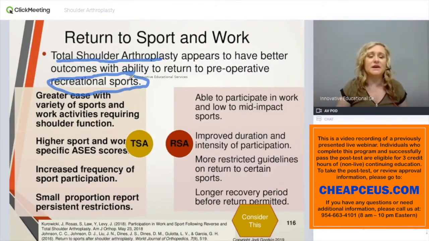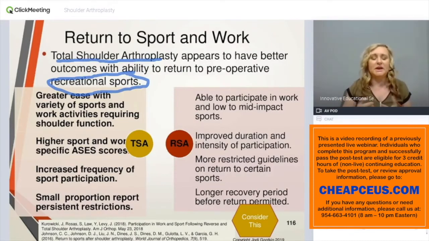What this study found is that those individuals had better functional scores. They were able to participate in activities with greater frequency, such as housework. That's not fun, but housework, gardening type activities. They're doing more activities such as higher level sport participation, whereas with our reverse shoulder patients, they found that those individuals,